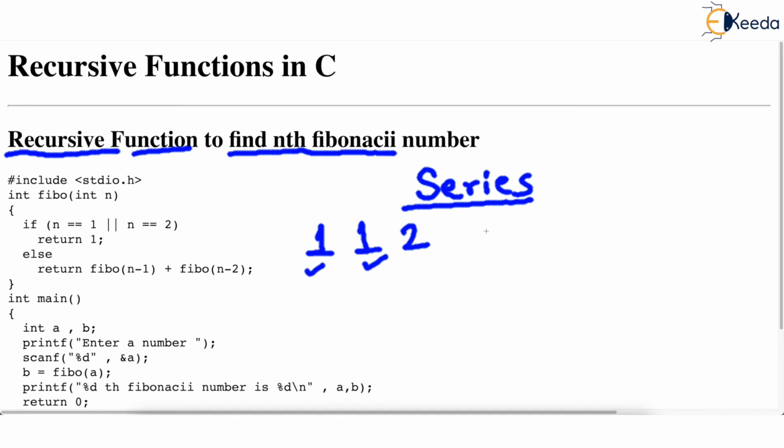And again the next number is addition of previous two numbers. Previous two numbers here or last two numbers are 1, 2. So the next number is going to be 3 and next is 5, 2 plus 3. Next is 8, 3 plus 5. Then 5 plus 8, 13 and the series goes on. This is an infinite series.